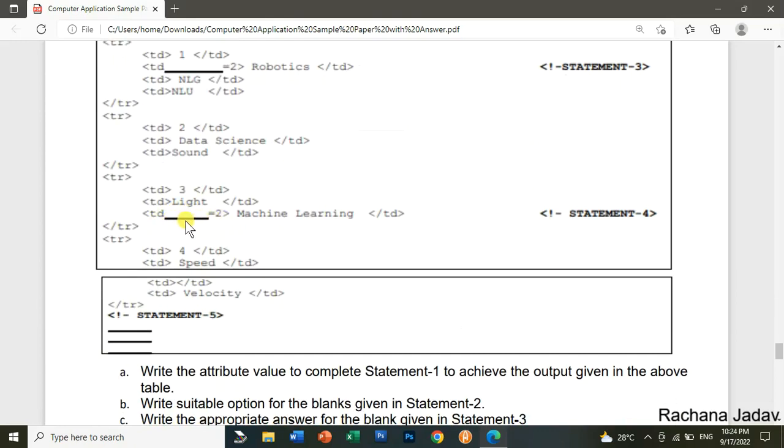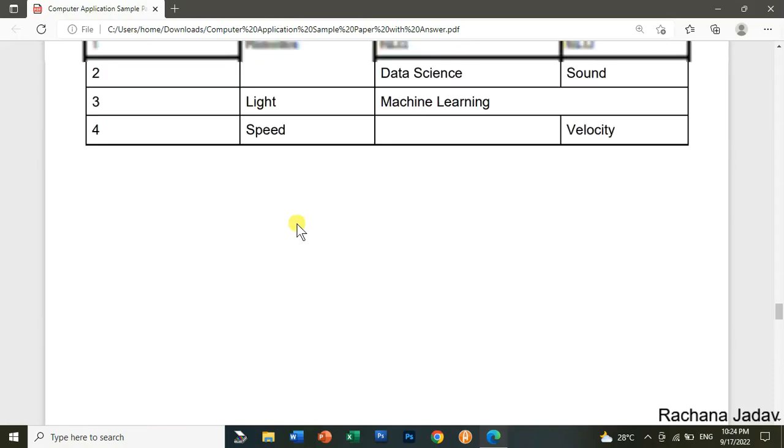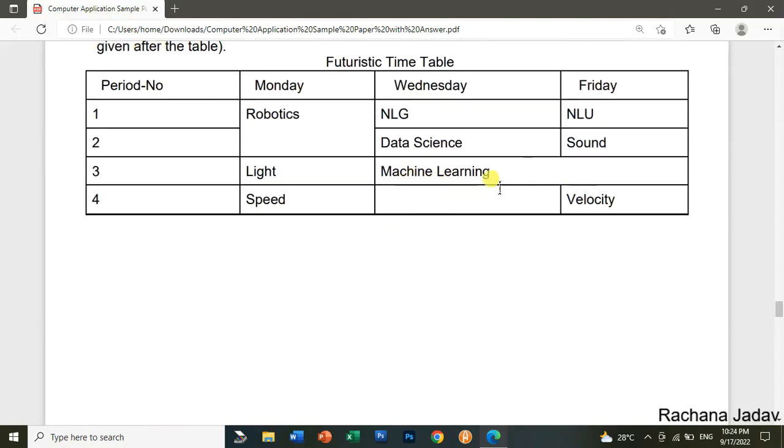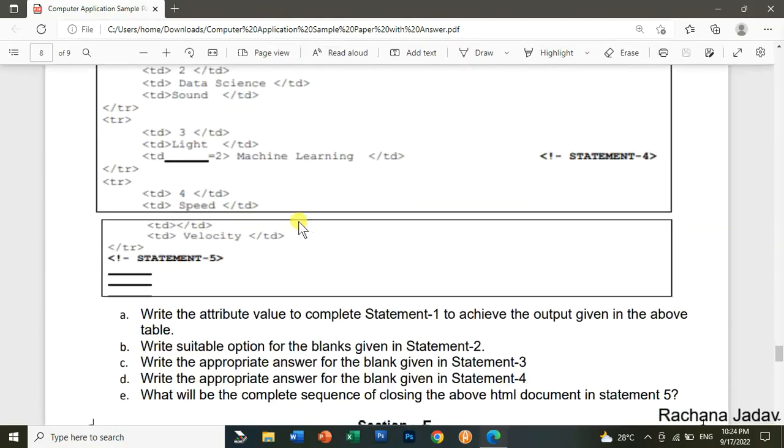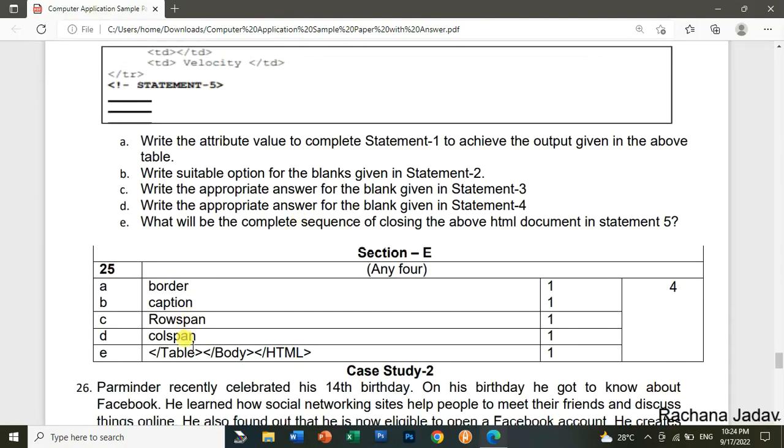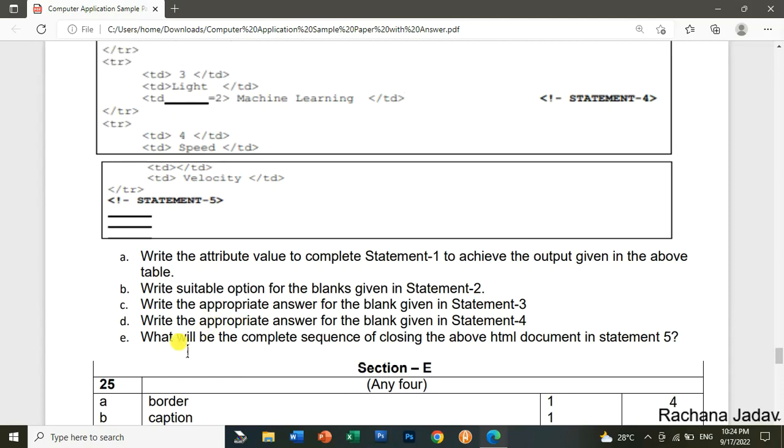ओके, नेक्स्ट इज आफ्टर दैट, तो आपको यहाँ दिख रहा होगा कि टीडी लाइट के बाद दिया हुआ है, so here you can see, so what is that, the columns are being merged, तो कॉलम मर्ज किए गए, तो आपको क्या करना है, col span। ओके, so your col span will be added over here,